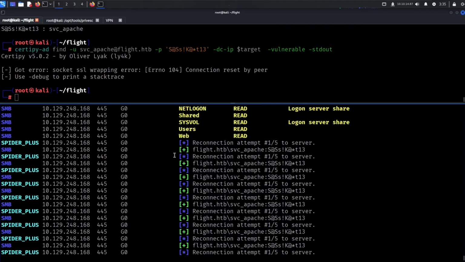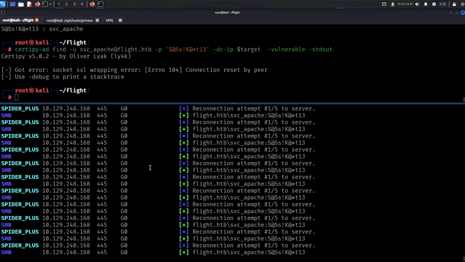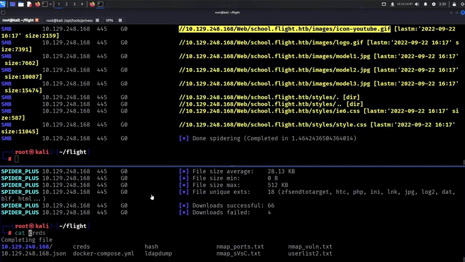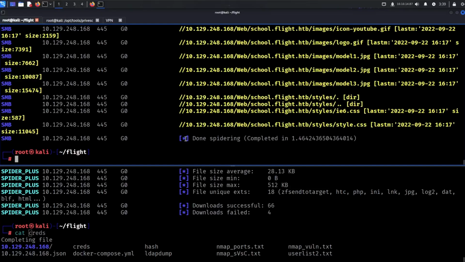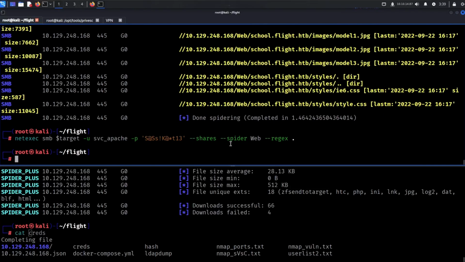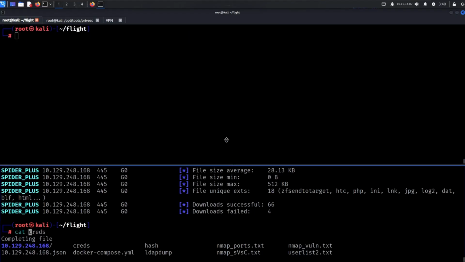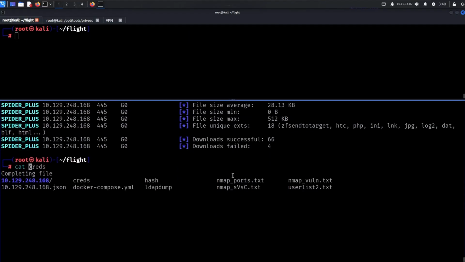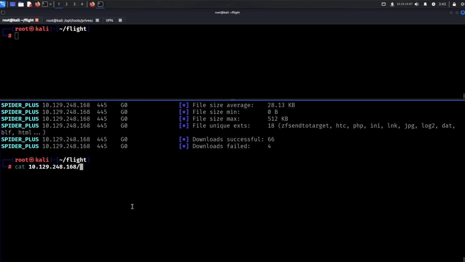Let me just be right back. When this is done, it's probably going to grab a lot of data, because I think it was a user folder that had a lot. It finally downloaded. And I just went over the share again, and as we came to the conclusion before, there was nothing. Pretty much just checked because there was nothing else to do. So now these have downloaded. It said 4 download fail, so that might be a bit worrisome, but